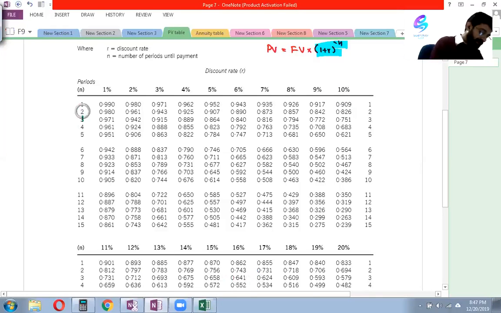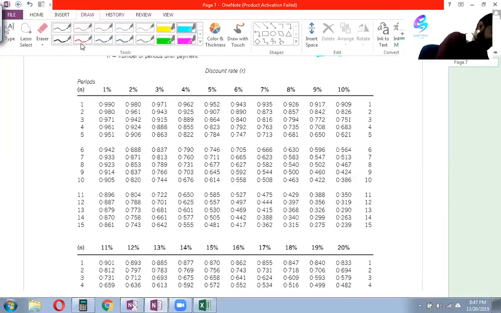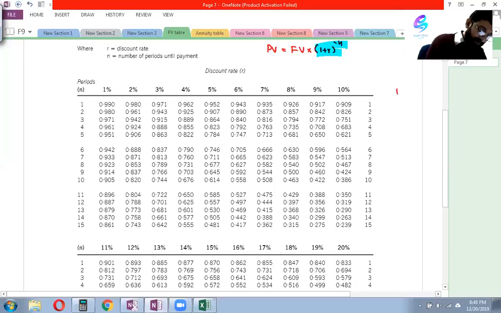And you are given the values up to 15 years and up to 20%, right? For example, let's say the discount factor at the rate of 10% and the number of years is 10 years, our first question. So you have 10 years, so 1, 2, 3, 4, 5, 6, 7, 8, 9, 10. And then you have 10% over here. So the value will be